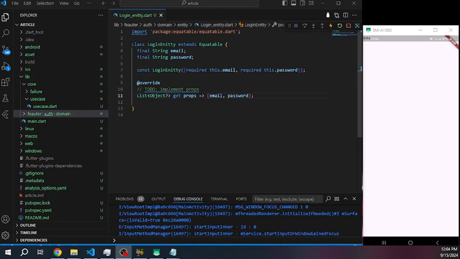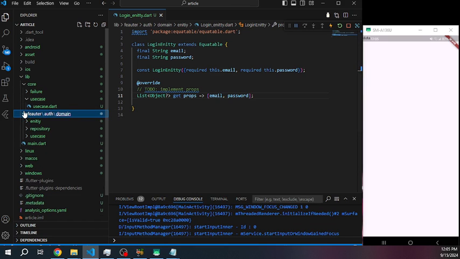Previously, we were building the domain layer, the abstraction blueprint of the whole application. At this time, we are going to build the data layer. It's kind of nice to build this thing. It's a little bit difficult when you compare it to the domain layer, but it's not that complicated. I'll explain everything